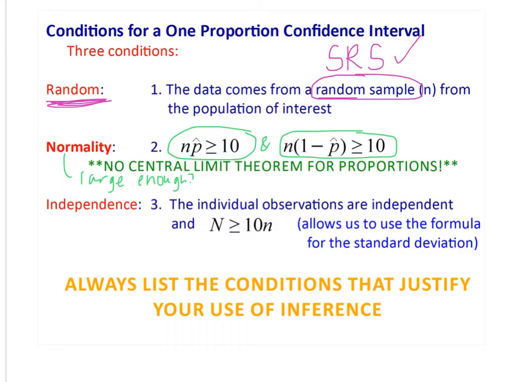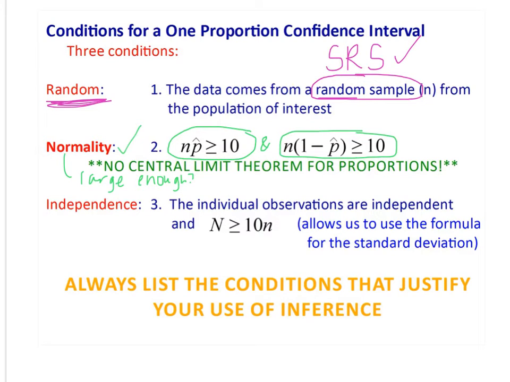So I want to see, is my sample large enough? Do these conditions get met? If they do, I can give a check off for normal. So random is stated in the problem, or it says SRS. Normal, I check with these two conditions, or these two formulas, which we've reviewed before and have actually used the